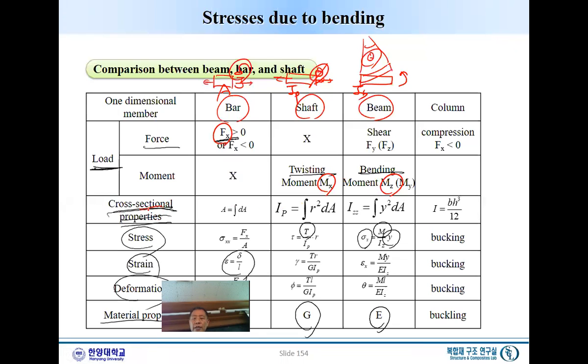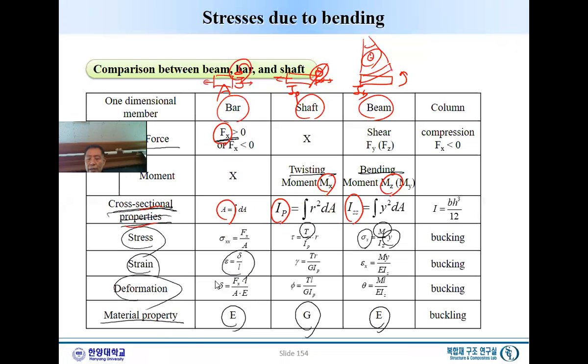Now cross-sectional property, you have A, polar moment of inertia, and bending moment of inertia. Now, deformation-wise,